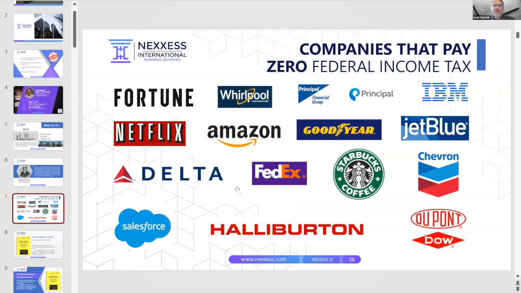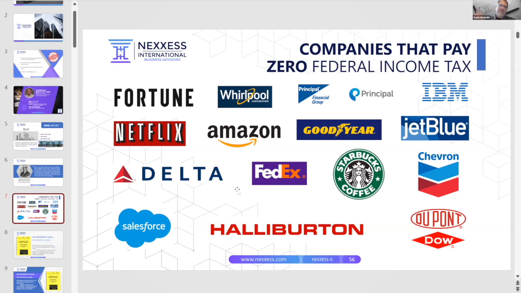If you look on the screen here, there's a bunch of companies, and these companies pay 0 federal income tax. And why do they do that? Well, they use the tax code to their advantage. It's estimated that one half of all Fortune 500 companies around the country do not pay federal income tax. They don't have to if they use the code to their advantage, and that's what most of them do. And if you are paying taxes, maybe you're a business owner and you have a large tax bill, you may want to consider A, keeping your options open, or B, finding a new tax preparer, or a new financial planner. You do not have to pay all that money to the government, and you should not do it.